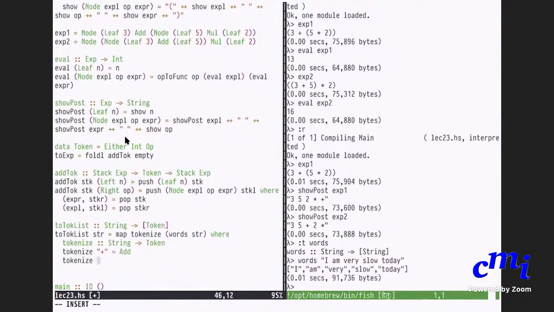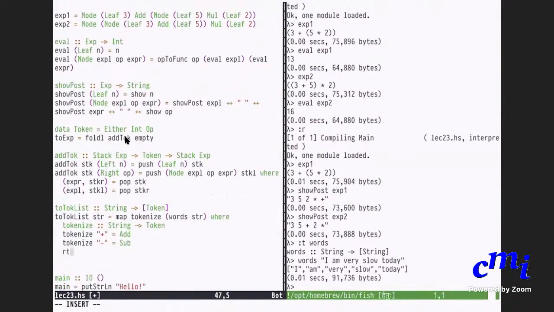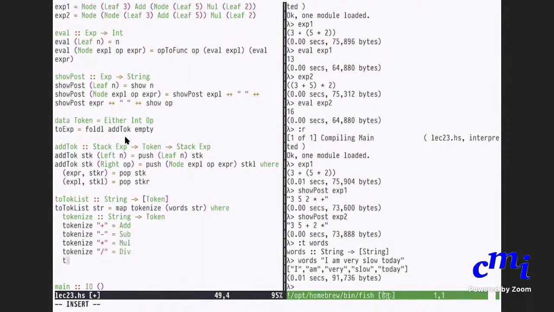Tokenize of minus is sub. Tokenize of star is mul. Of slash is div. And tokenize of anything else, you should interpret it as a number.